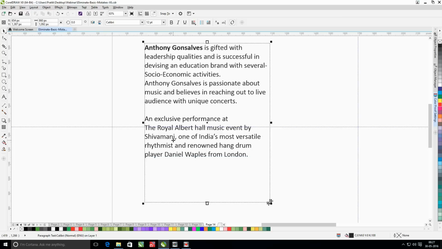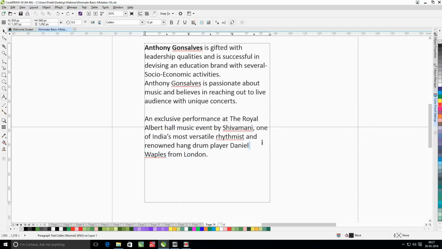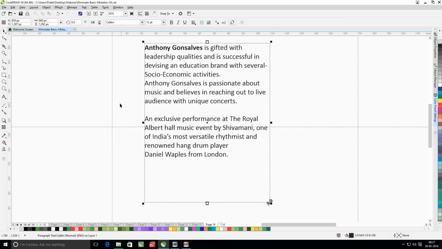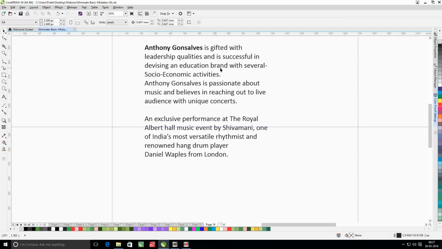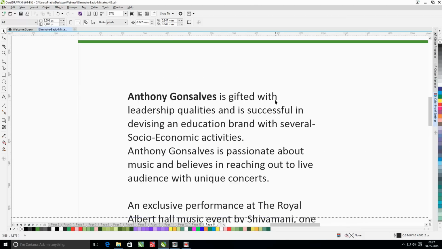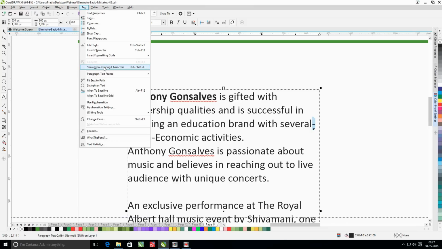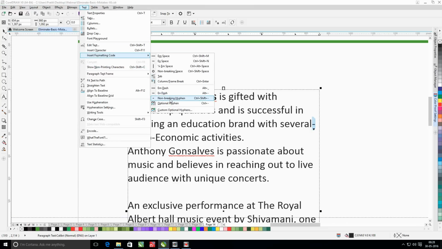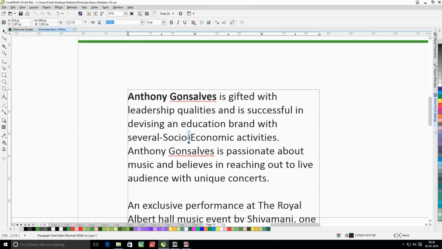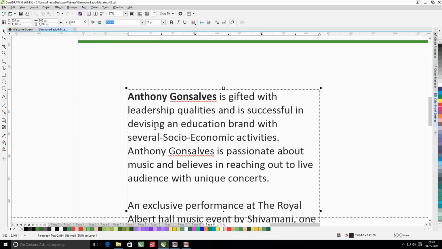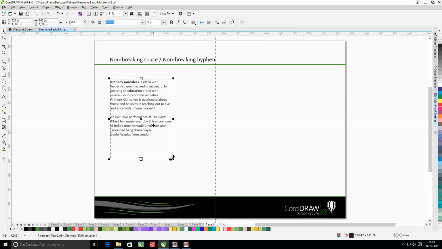So that's how you make sure that the names used in the text is always on the same line. So that's a way you can handle the text. The same way we use text, you can also use the non-breaking hyphen, which forces the hyphenated text to be on one single line. So non-breaking hyphen is the way to go. You can change the normal hyphen to a non-breaking hyphen. So even the hyphenated texts are always in one single line.